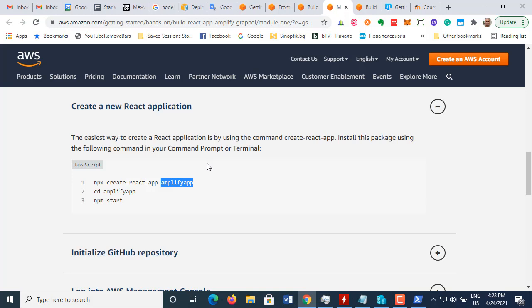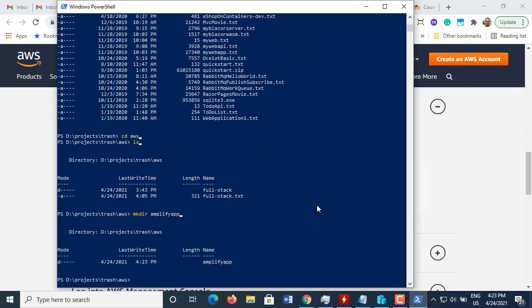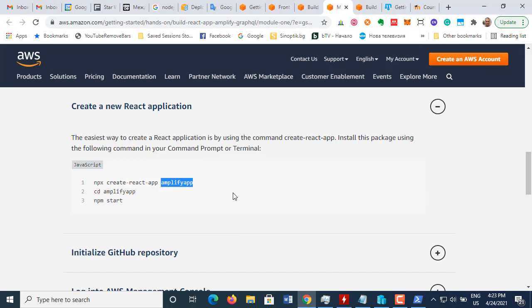Okay, so what I'm gonna do right now is create, make there, ls, amplify app. Okay, but I'm gonna use a Docker container,